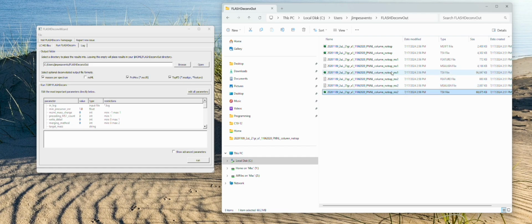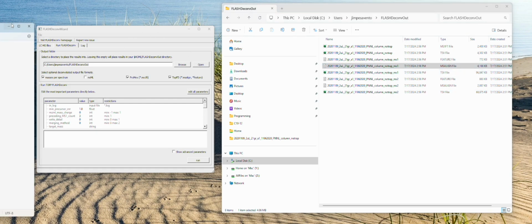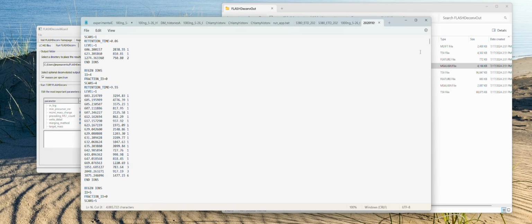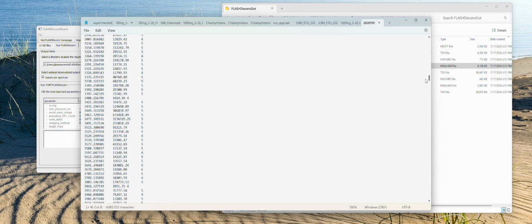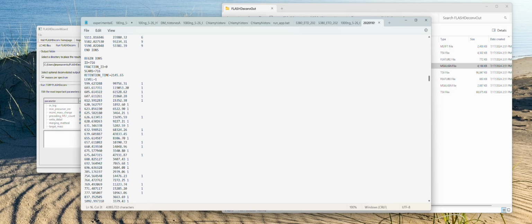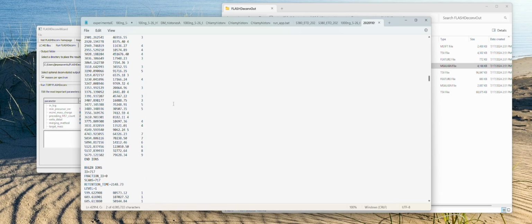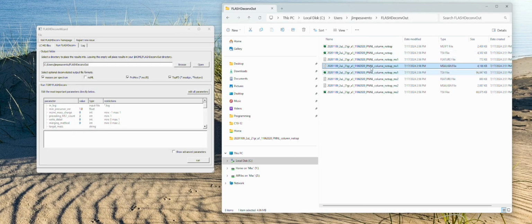If you were to open up one of these files, just to kind of show you what they look like, the MS align file looks like this. So it is a very long list of information where you have IDs, scan numbers, retention time, and then for here, this is all MS1 information. So this is all just a long text file, and then the corresponding TSV file is going to